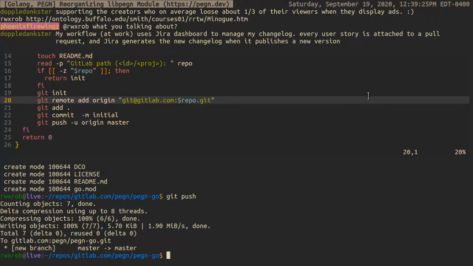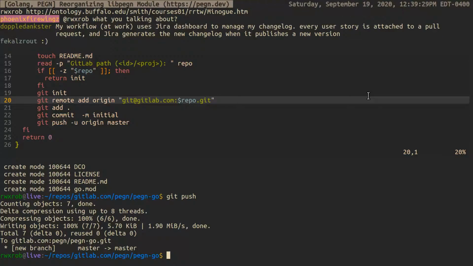All right, your workflow at work uses a Jira dashboard to manage your changelog. Every user story is attached to a pull request, and Jira generates the new changelog as it publishes a new version. Awesome. One of the things that I'm going to do too, thanks for the reminder, as we break, I'm going to be taking off, but